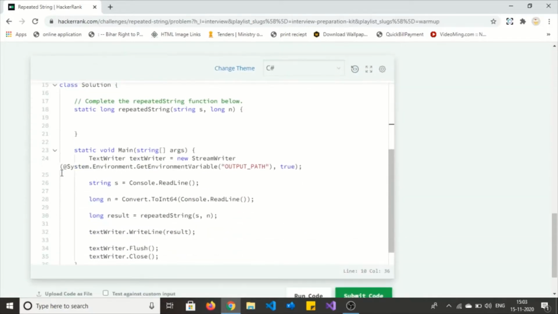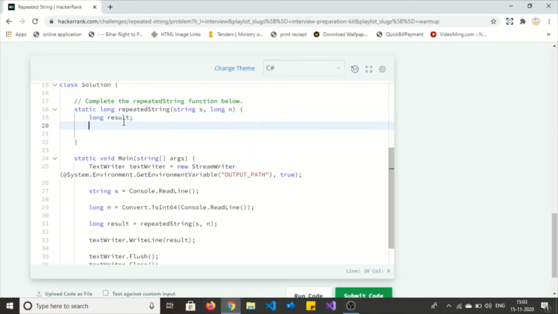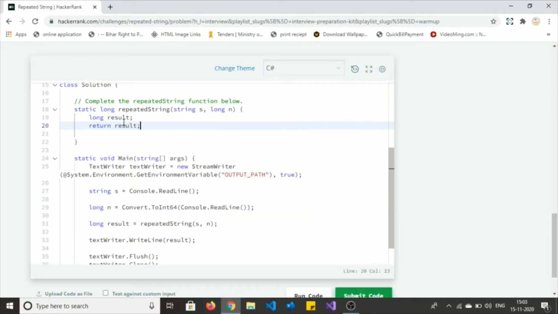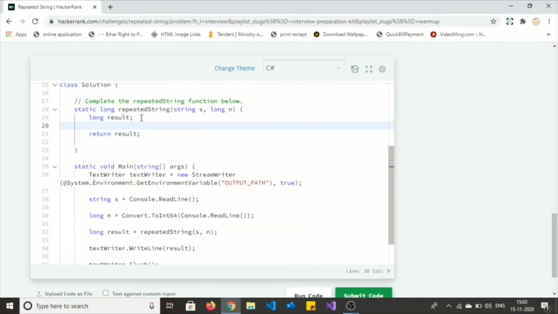Okay, let me write some code so that we can see all these things in action. This function needs to return a long type variable, result, which will store the result, and I am returning result. First we need to count how many a are present in the given string.